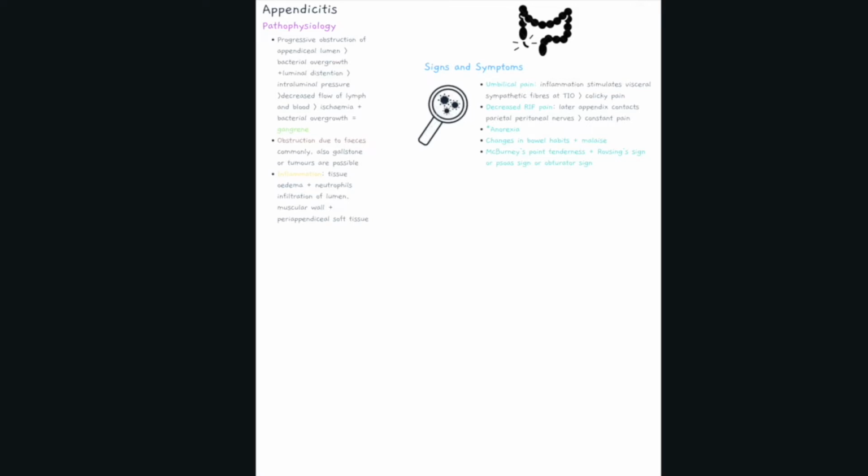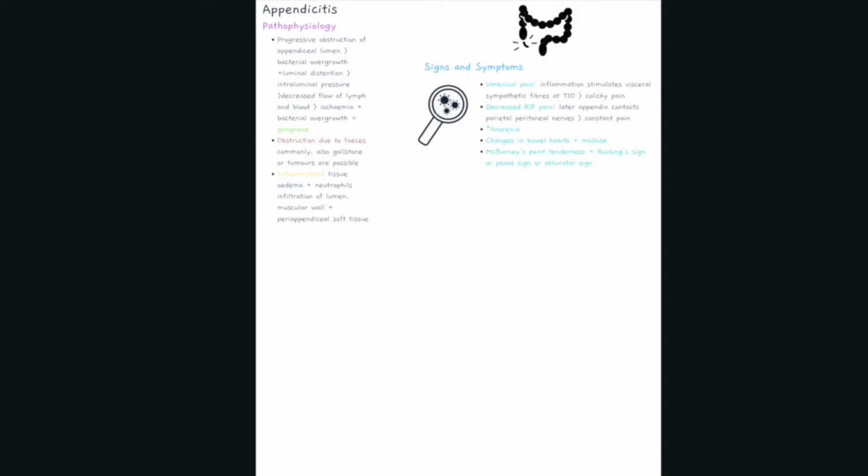Patients may also have changed bowel habits, malaise, and nausea and vomiting. On examination, there may be tenderness at McBurney's point, so one third between the anterior superior iliac spine and the umbilicus. Rovsing's sign may also be present, which is pain in the left iliac fossa after compression of the right iliac fossa. These signs are present if the appendix is at the normal position, so at the convergence of the tenia